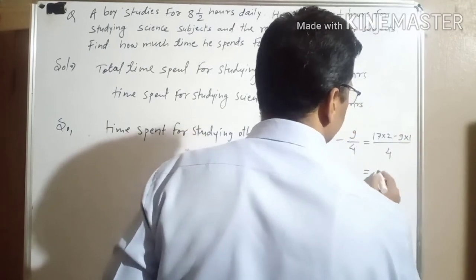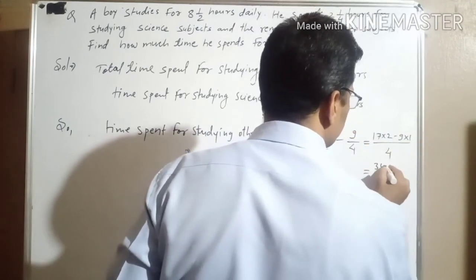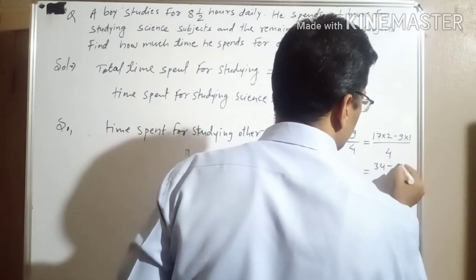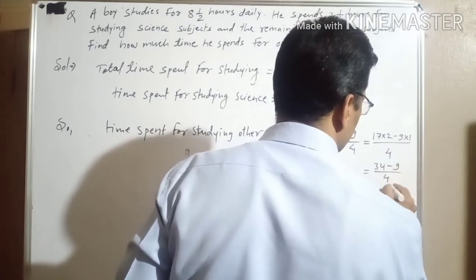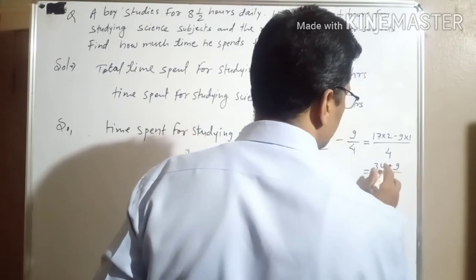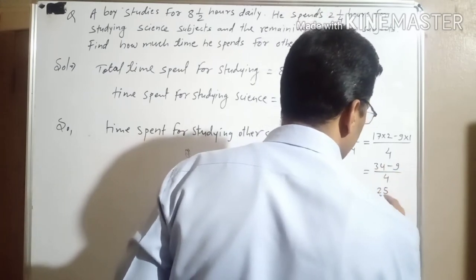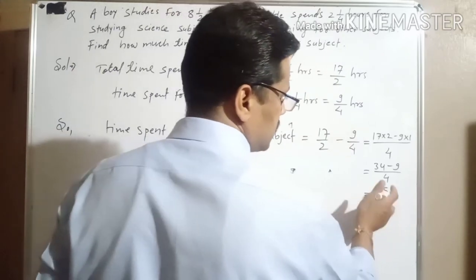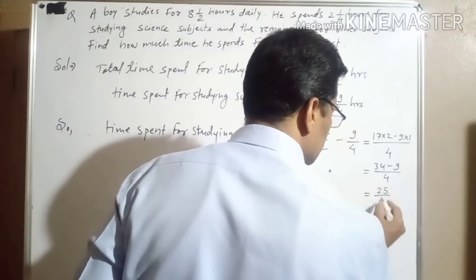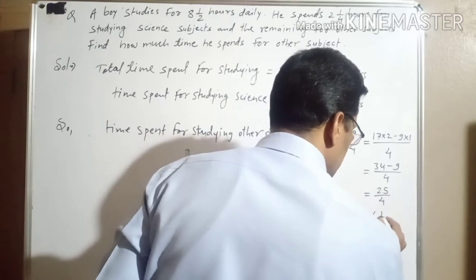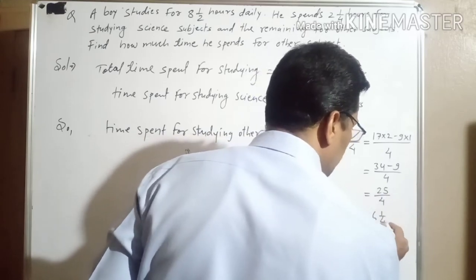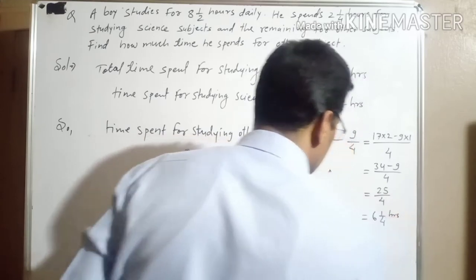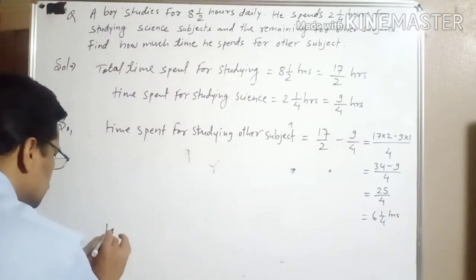What do we get here? 34 minus 9 will be 9 upon 4. Now you can subtract. When you subtract 9 from 34, you get 25 upon 4. This improper fraction can be converted into a mixed fraction. So 4 sixes are 24, minus 1, upon 4. So here you can write, hence